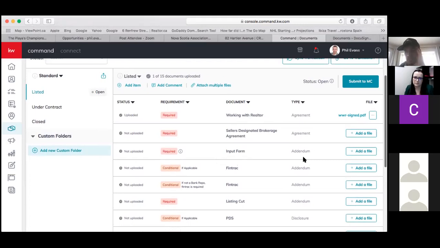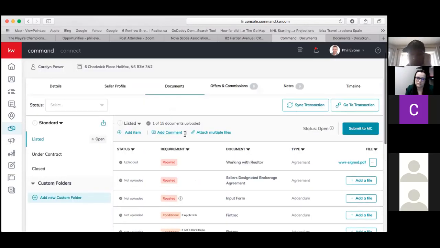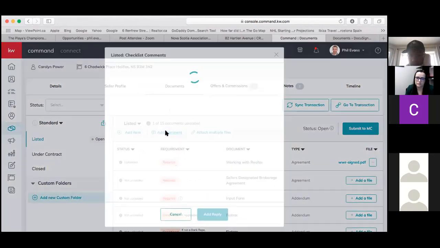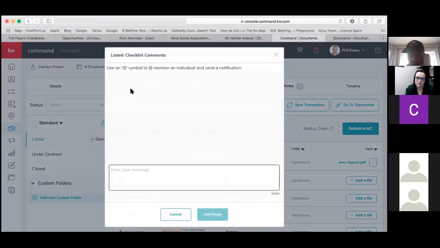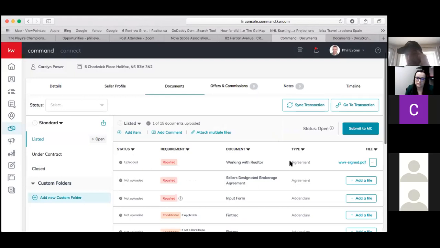So when you do submit under requirement, does it change from required to something else? No, that stays there. That stays there. Okay. Yeah, but I'll tell you that our office is very good at reviewing files. So what happens then? Great question. Whoever is reviewing your file can add comments to it. So now you're talking to somebody here under the comment page, and if somebody comments on one of your files,